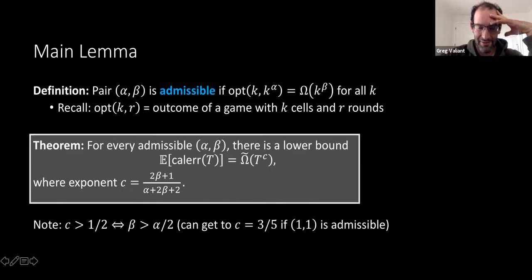And in some sense, based on Ankur's comment, you should expect there to be a bit of a gap because the sidestepping game is so much simpler than the calibration setting. On the other hand, because it's so simple, you can maybe prove things about it a bit more easily. Yeah. Any thoughts or questions?